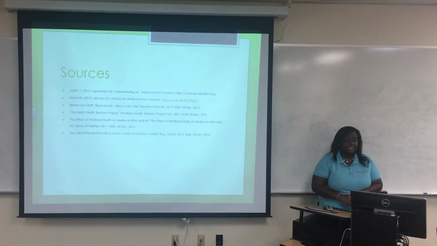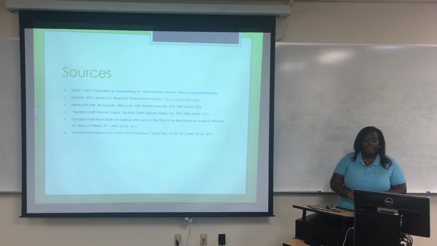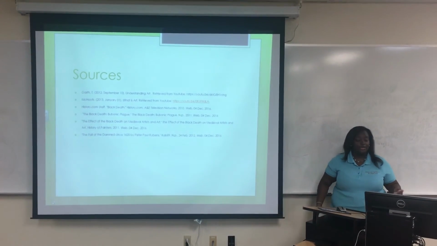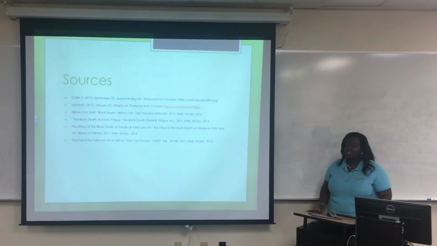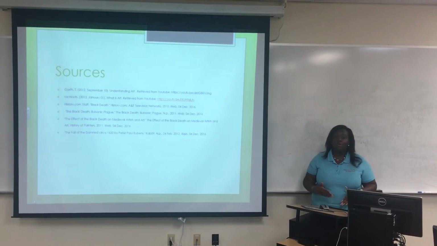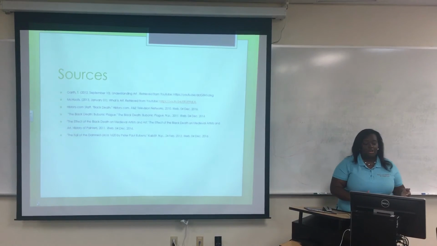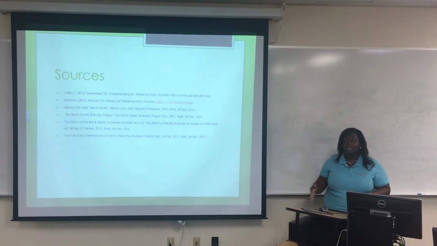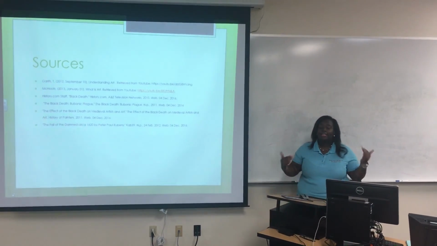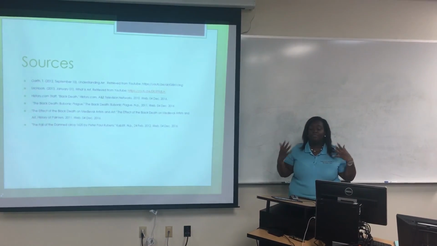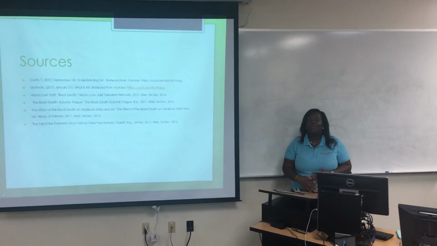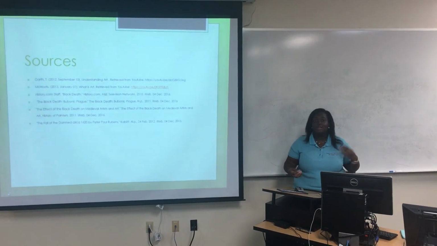Here are my sources. I used What is Art by Matt Hoops, and I also used the article Understanding Art. I got my pictures from the website Google, which also told me what the Fall of the Damned meant, and also the other artists. I also researched Black Death to make sure that I had a deeper, in-depth thought process of what Black Death was and how it happened and why it happened and how artists and writers